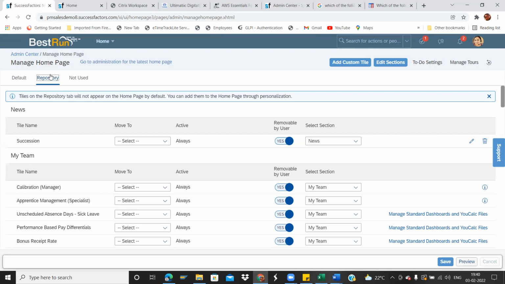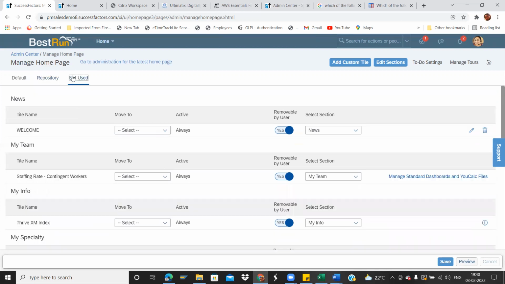It happens, right? At that time you have to use it. So those you can keep in Repository; it is just categorizing. And for what is not used, don't delete any tile. It is not advisable to delete any tile. If it is not used, maybe it may be used after a year, 2 years or any time, but we don't know when. Right now it is not used, so that can be kept in Not Used.